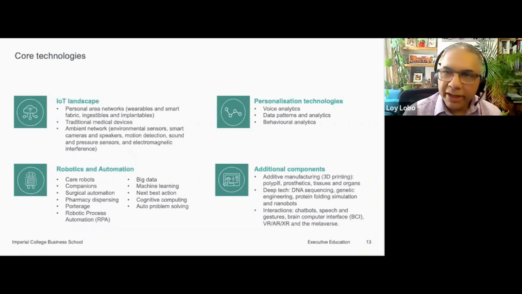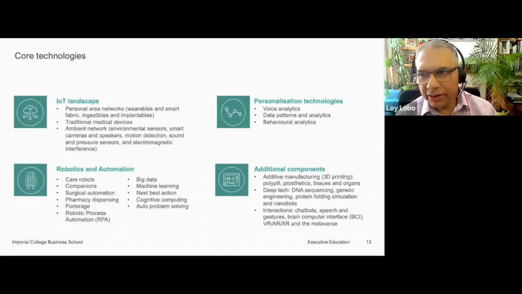Throughout the course, we'll make references to various core technologies that are transforming healthcare. And we'll touch on these in quite a bit of depth in module 2 itself, but we'll keep coming back to these from time to time. So expect to hear a lot about the Internet of Things, what's happening with devices, wearables, ingestibles, and how the data that's emerging from these devices is being used to personalize healthcare, and which kind of feeds into the personalization technologies,